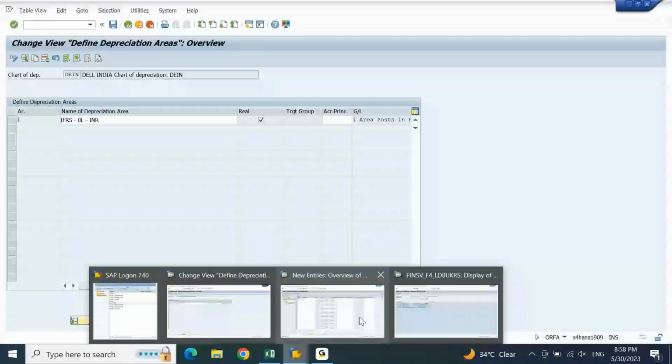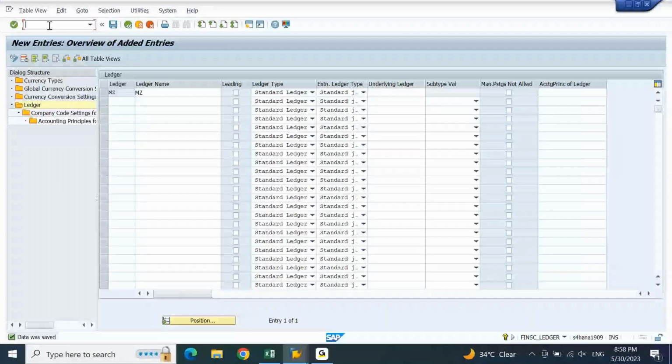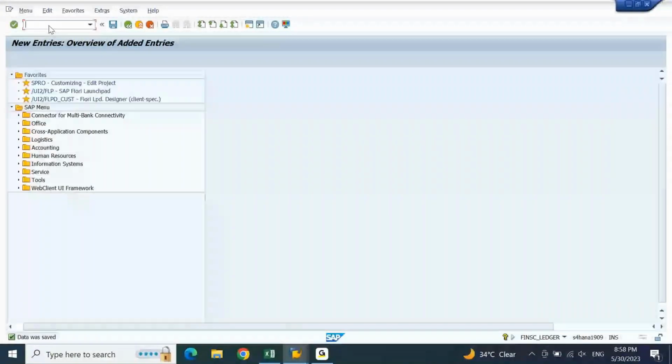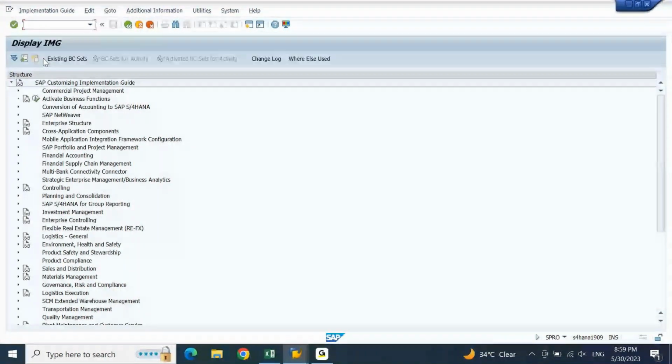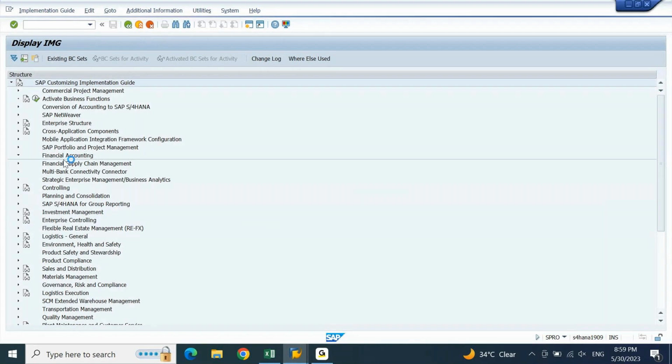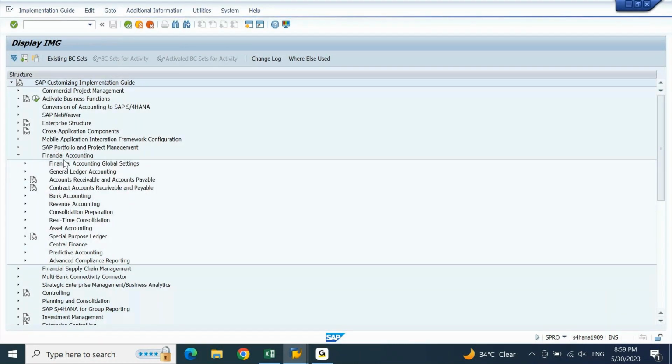So to define the accounting principle, we will be going to SPRO. In SPRO, SAP Reference IMG, Financial Accounting, Global Settings.